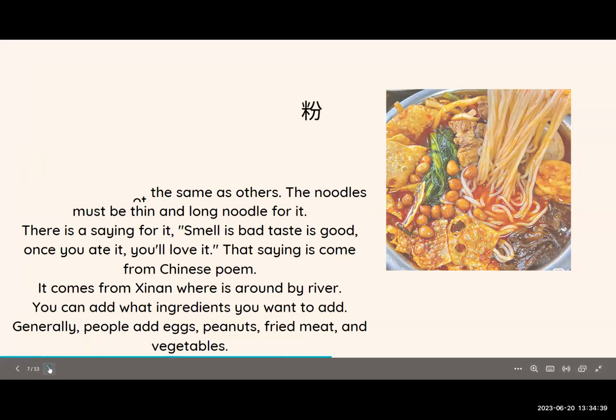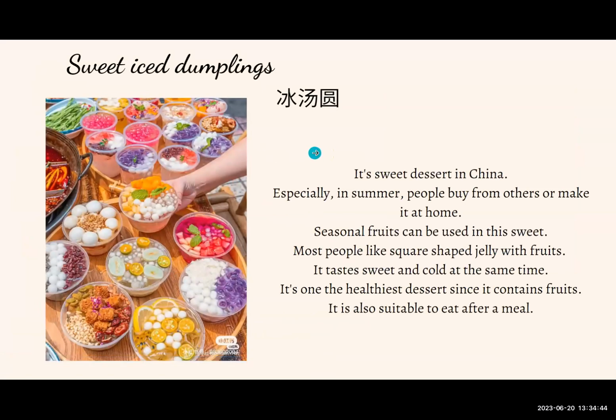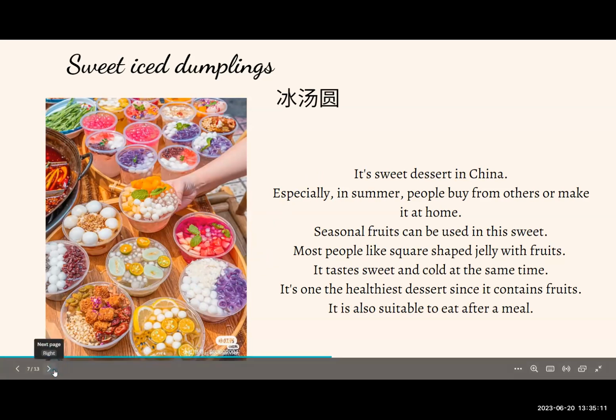Let's move to dessert. This is the sweet pie dumplings. It's a sweet dessert in China. Especially in summer, people make it at home or buy it from others. People use seasonal fruit in this sweet, and jelly, ice, and seasonal fruits are the main ingredients of this dessert. It tastes really sweet and cold at the same time, is very suitable to eat after a meal, and is one of the healthier desserts. So let's move to my